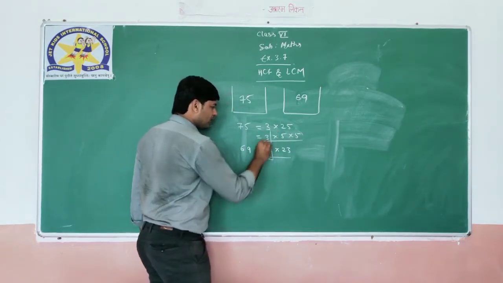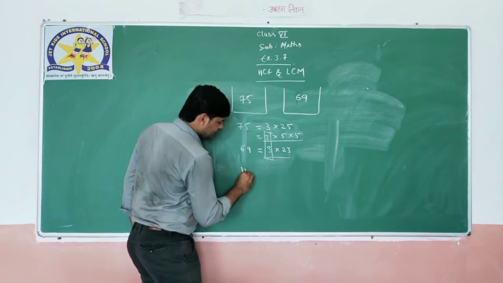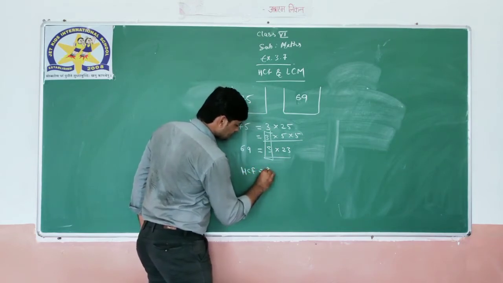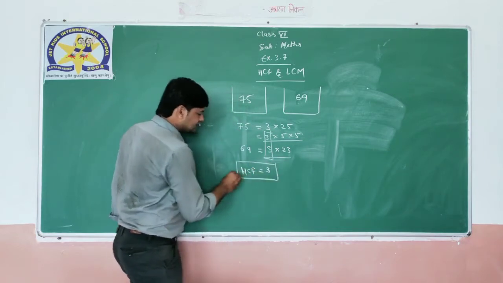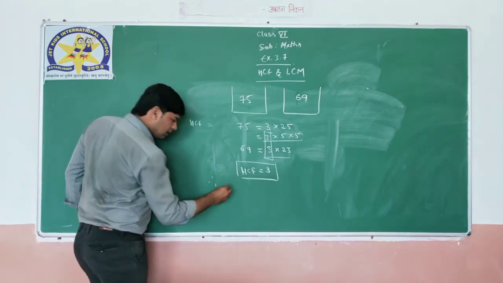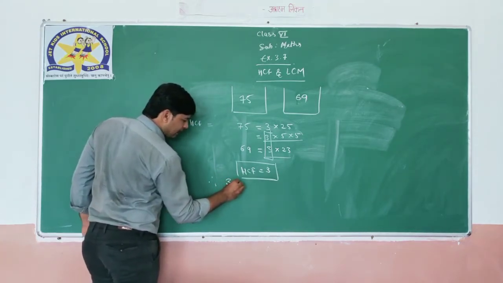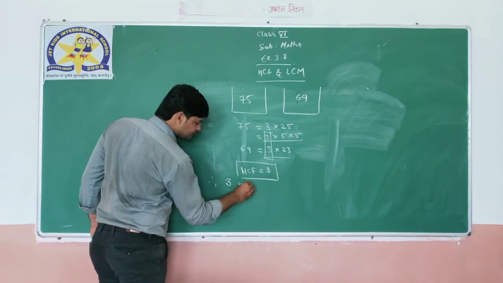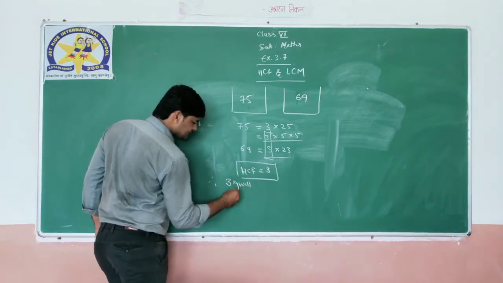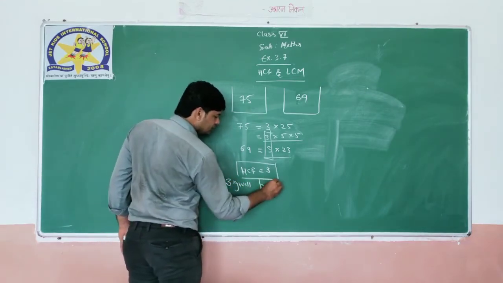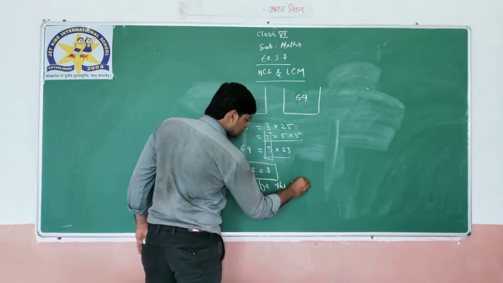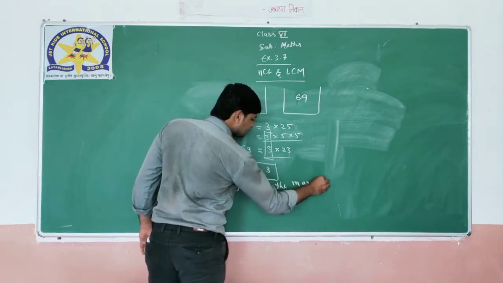So what is the common thing? 3. So HCF will be 3. So our answer will be: 3 will be the maximum weight. 3 kg will be the maximum weight